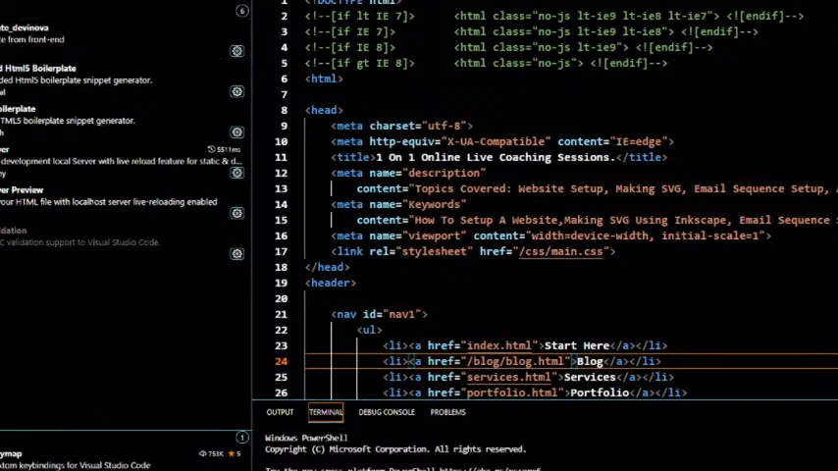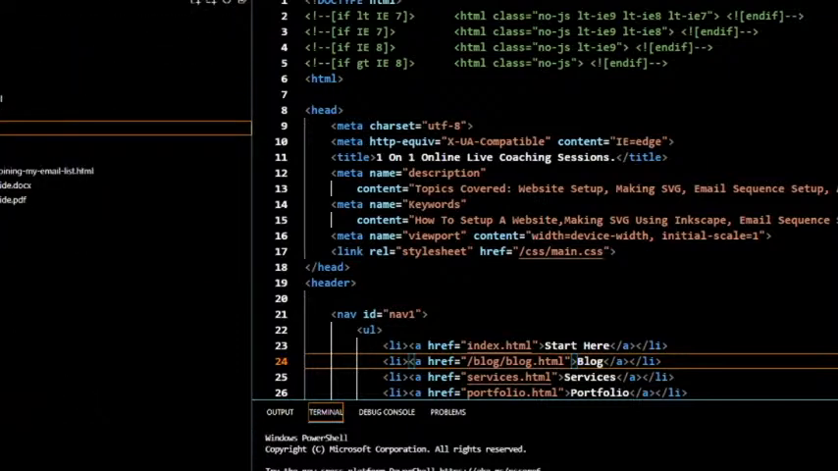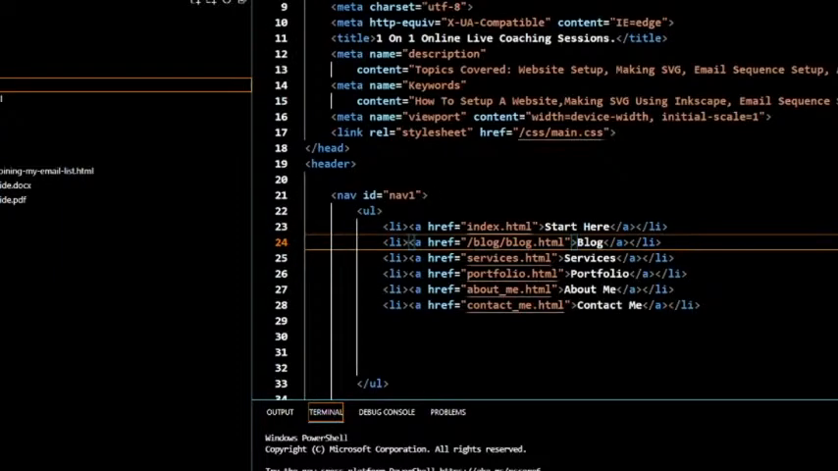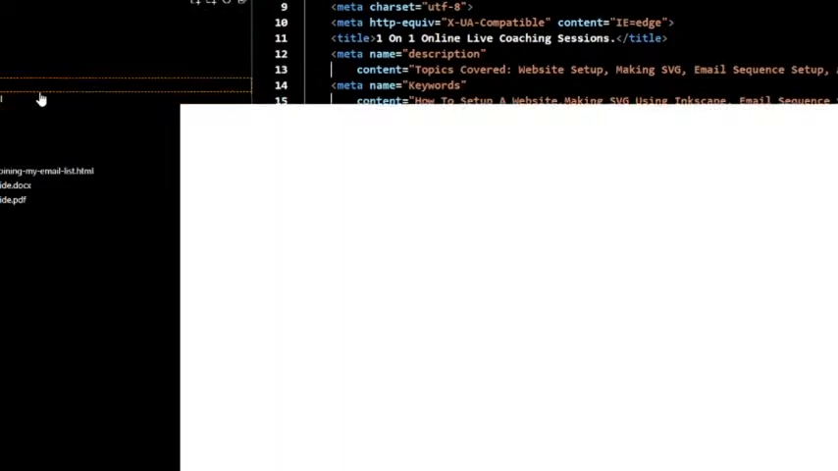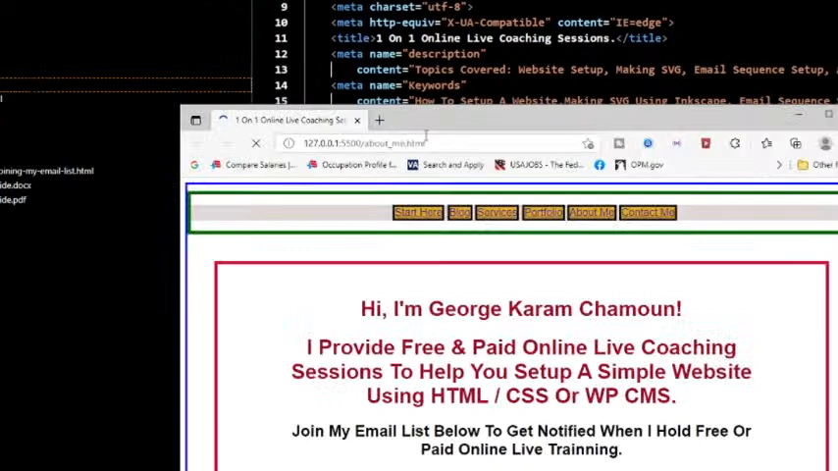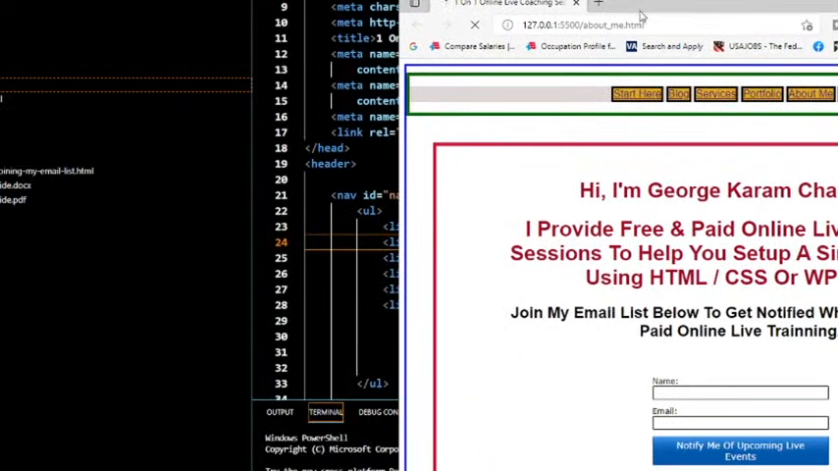So let me show you what the Live Server does. This is one of the most important extensions I use, and a lot of people use it too. So let's say I'm looking at the about me.html page. If I right click and it says open with Live Server and I click on it, it's going to show you the page on a local machine. That's why it says